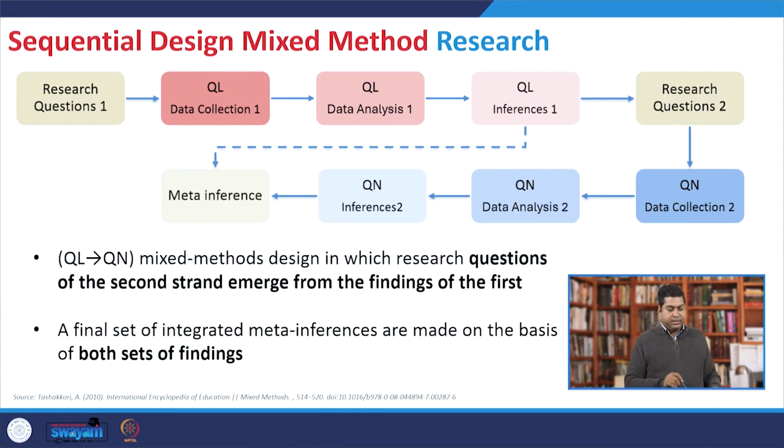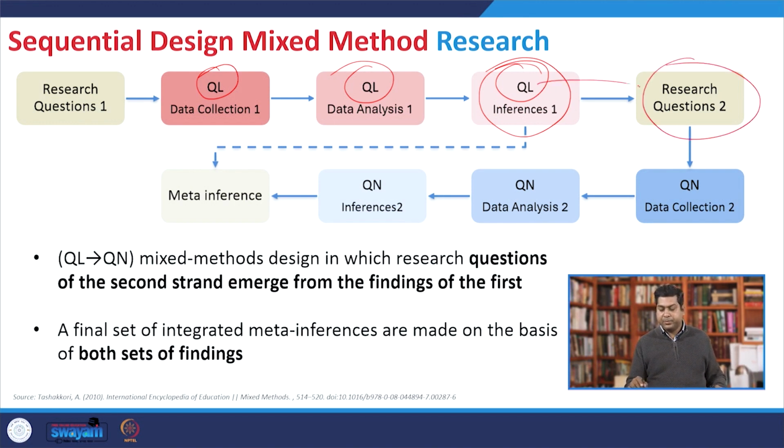Our next design is where you have only one research question, and now we go sequentially. In this case, the first stage is to conduct the first part of the data collection, which is qualitative in nature. We analyze the data and then bring out some inferences. Some of these inferences will be used in the meta inferences at the end, but mainly the inferences from this first qualitative research we use for our research question 2,